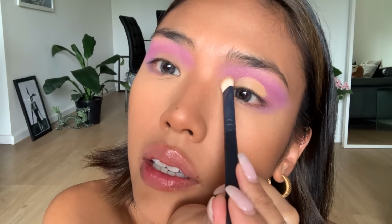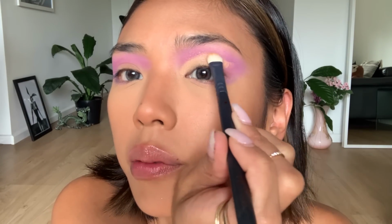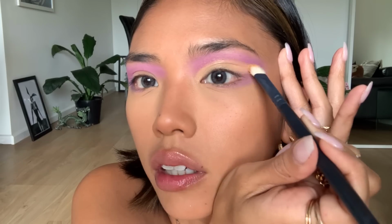I'm going to go all the way from in there, the inner corner area. And then I'm going to take that right into the wing shape and create a little cat eye flick on the edge. I think that's as even as I'm gonna get it, considering it's like clinging to my